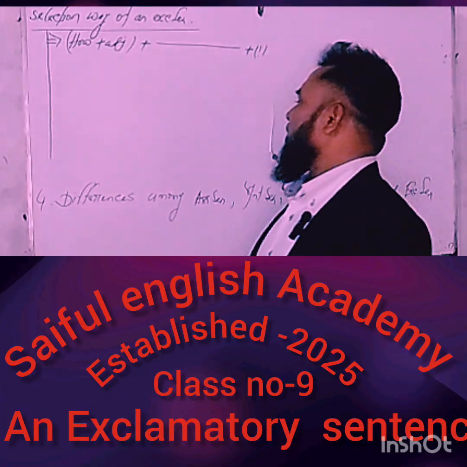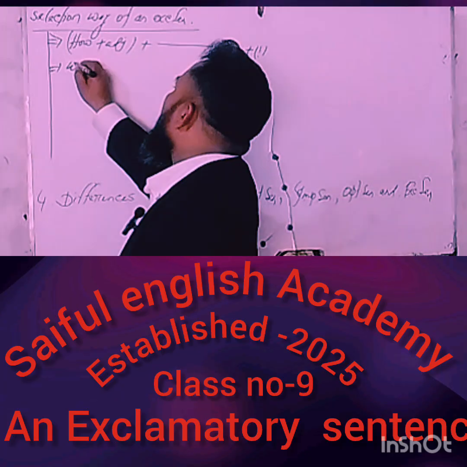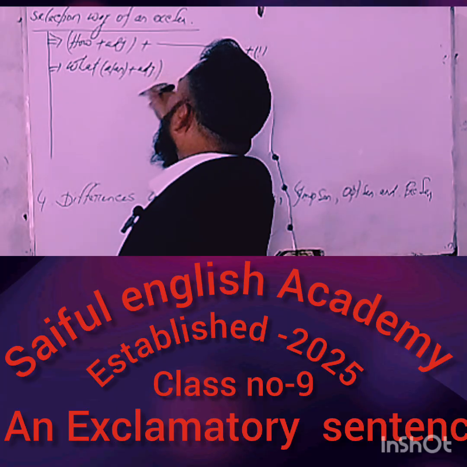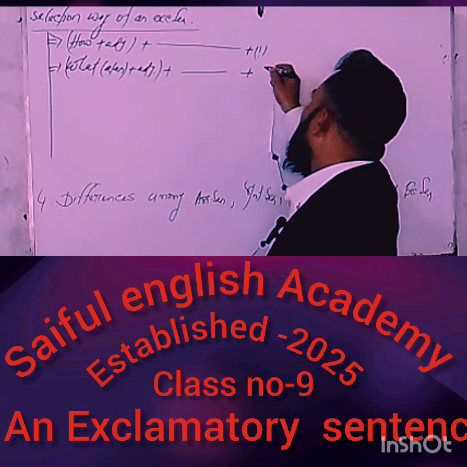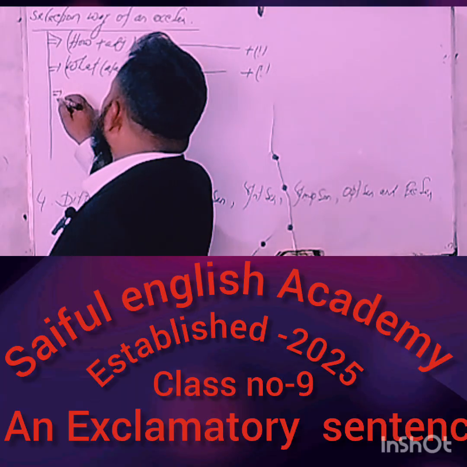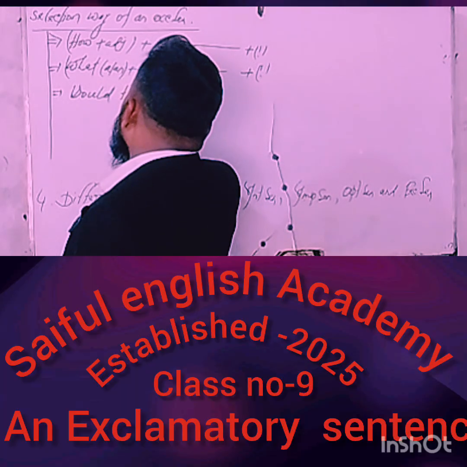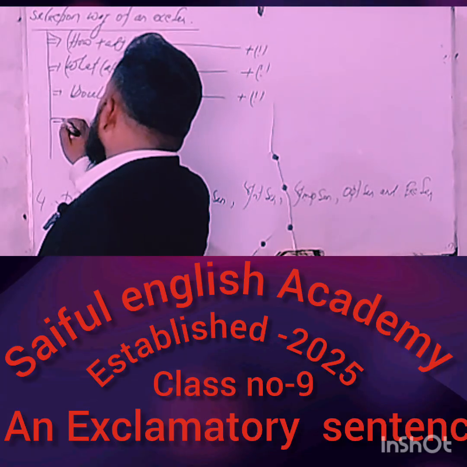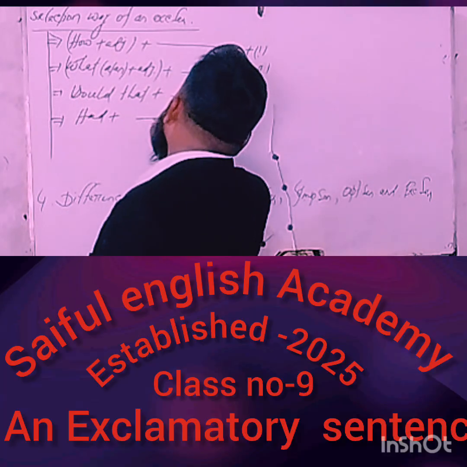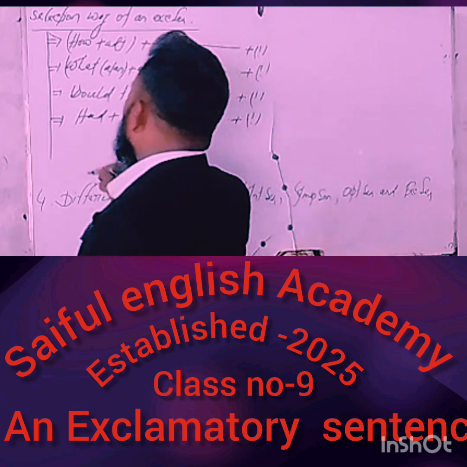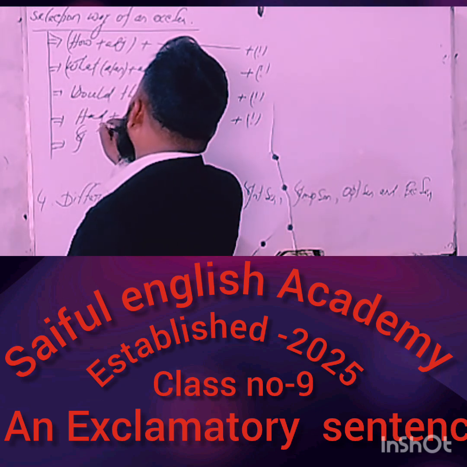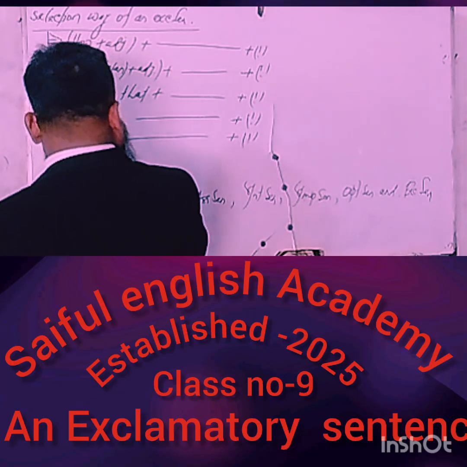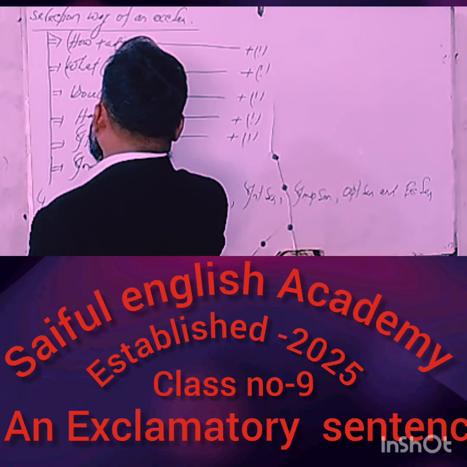note of exclamation. Okay, my dear learners, next number two, starting with What a or What an plus adjective, and finally ended with the note of exclamation. Number three, starting with Would that, and finally ended with the note of exclamation. Number four, starting with Had, and finally ended with the note of exclamation. Number five, starting with If, and finally ended with the note of exclamation. And number six, starting with some